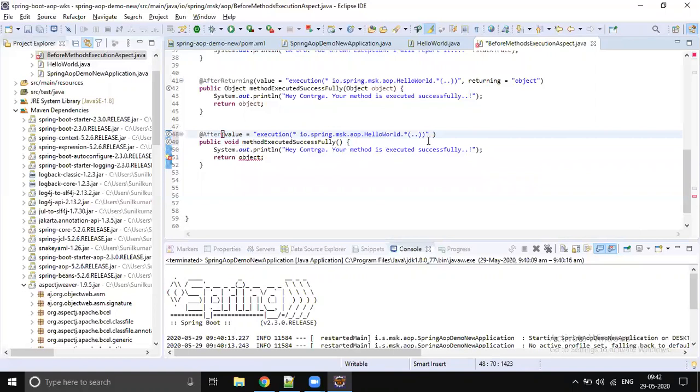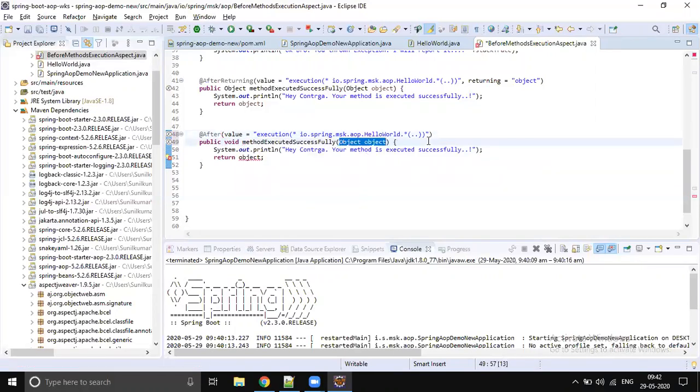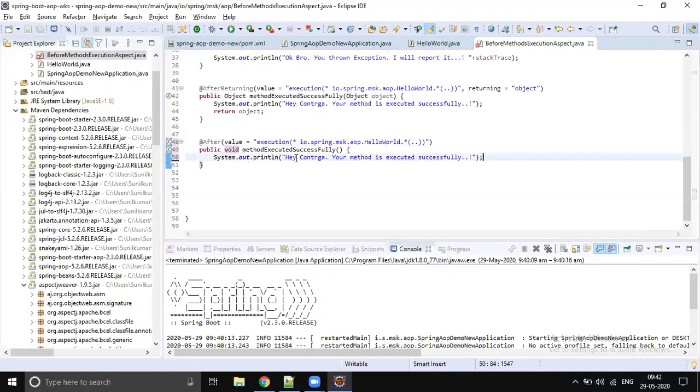You see, there are no extra attributes also, so we cannot pass any objects. So the method return type should be void. And I can say, okay, congrats, but I cannot say congrats because I cannot guarantee that.